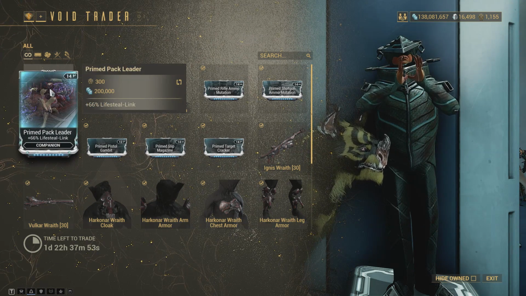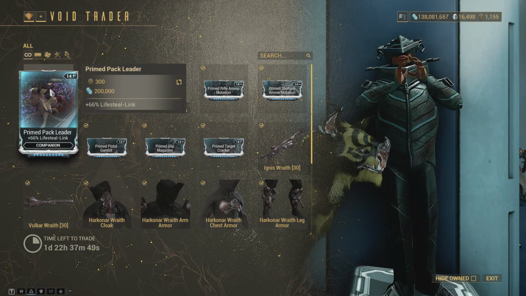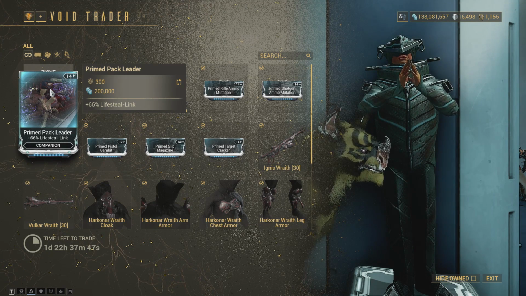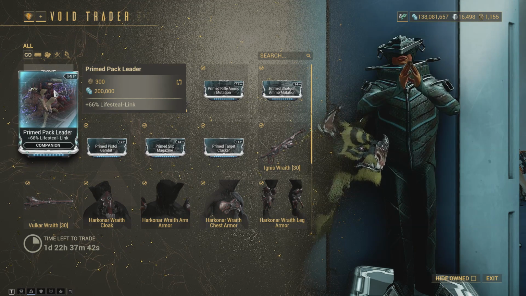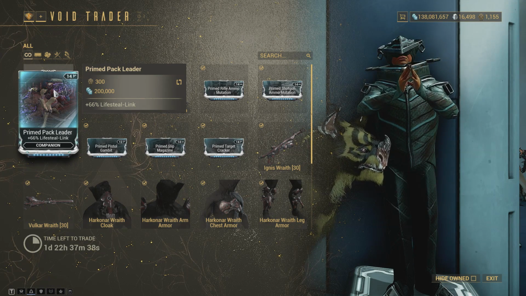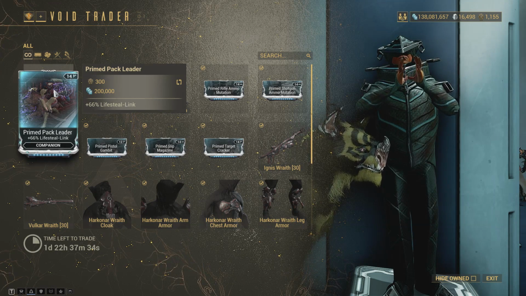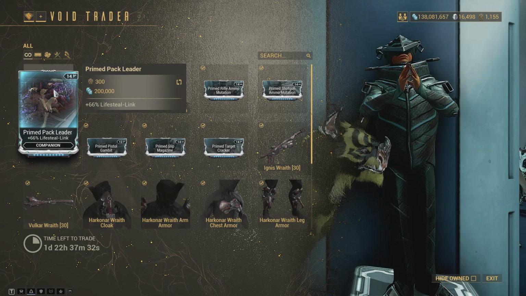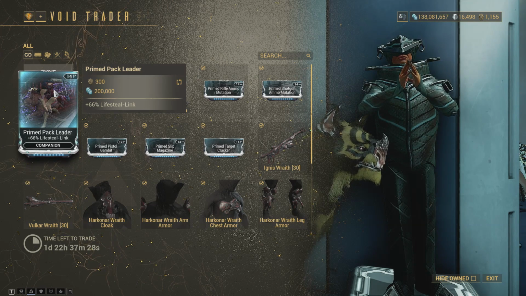First and foremost, primed pack leader. This mod is completely useless. Why, you may perhaps be asking. Okay, so pack leader, for those of you that don't know what it does, it makes it so that whenever you hit things with your melee weapon, it heals your pet. And I'm fairly certain that the regular variant is 36% lifesteal, and this is quite a bit more than that, sure. However,